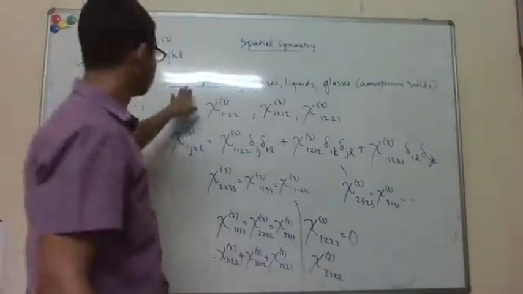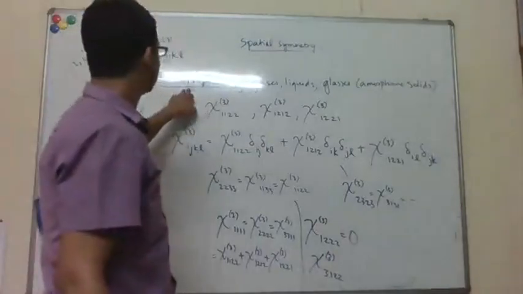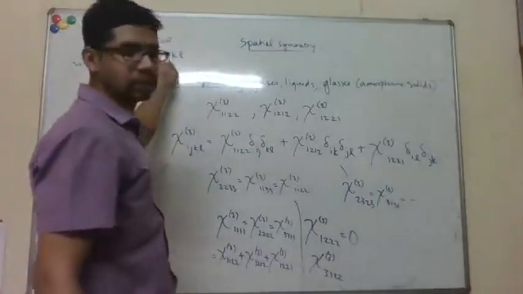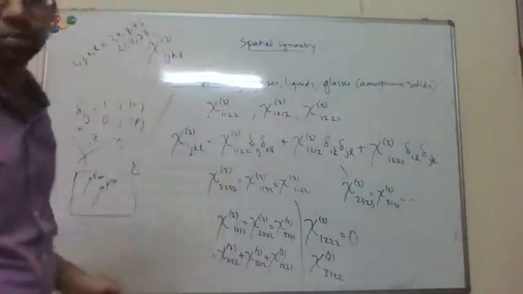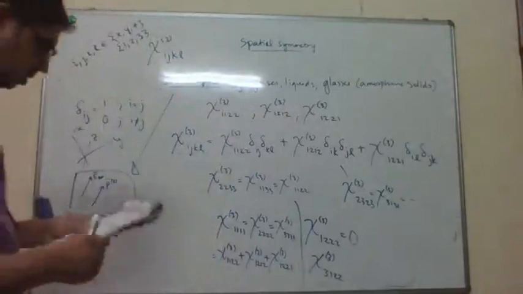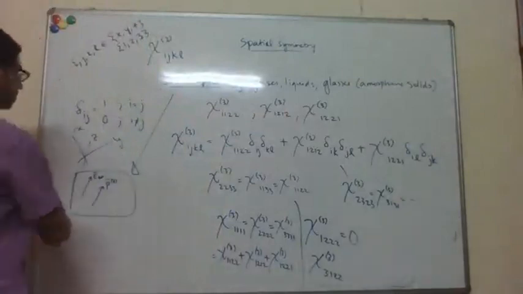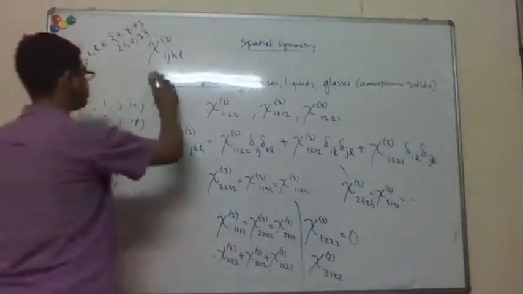Okay, so basically for an isotropic medium, you don't need to know all the 81 numbers. You just need 3 numbers, and all the others are related. Then another important class of materials are